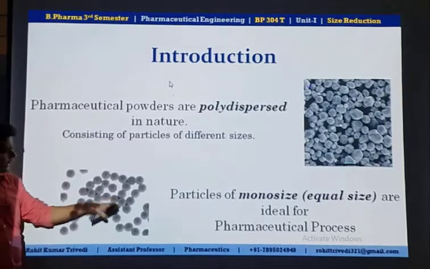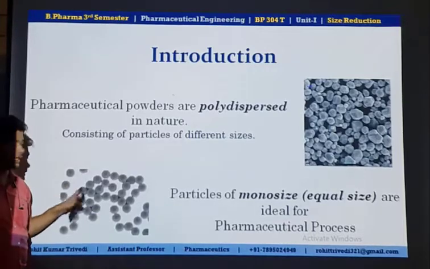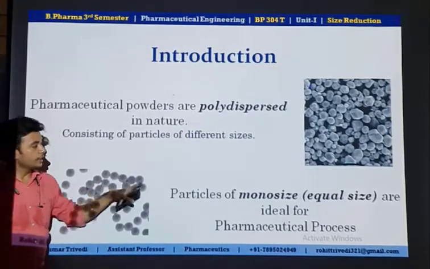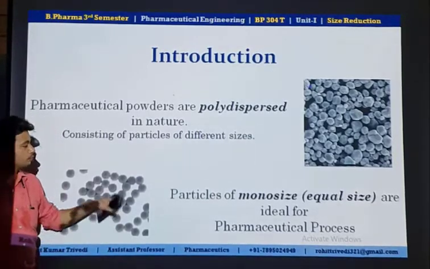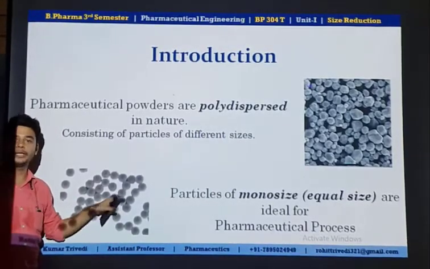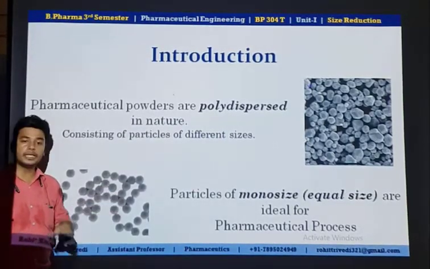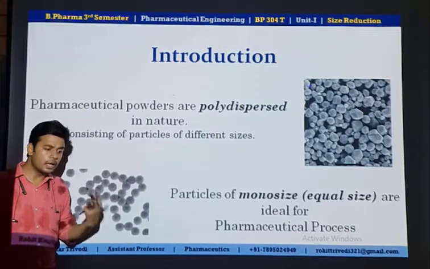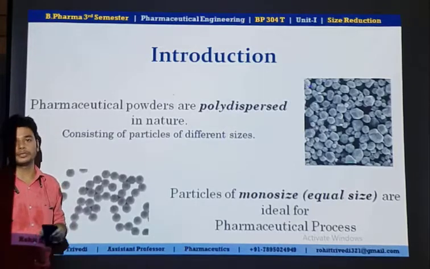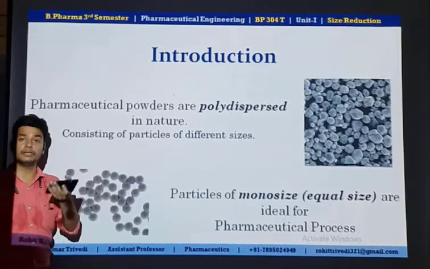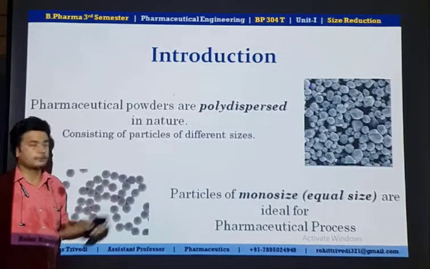Now, in this structure, you can observe all the particles are of the same size. This is an equal size or monosized system, a pharmaceutical powder monosized system. This system is ideal for making ideal pharmaceutical formulations. It will also be beneficial in the production of uniform dosage forms. There will be content uniformity in our pharmaceutical products or dosage forms like tablets, capsules, and even cosmetic products too, which also fall under our pharmaceutical products.